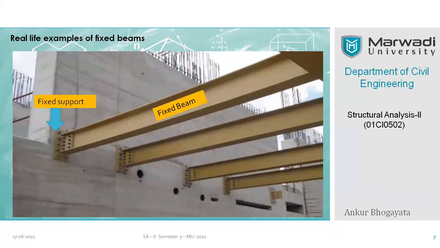But many times you require extension of the beams. And to extend a beam, definitely the most important joint is the rigid joint. That means it is the fixed joint always, right? Because a fixed joint allows the extension of the span of the beam. If you don't use a fixed connection in extension of beams, it will not remain a beam anymore, because the primary duty of a beam is to undergo bending.